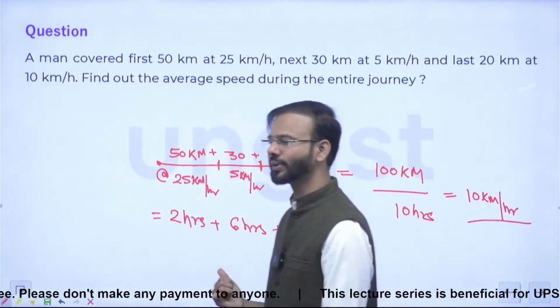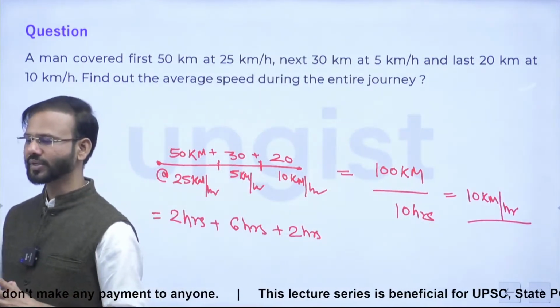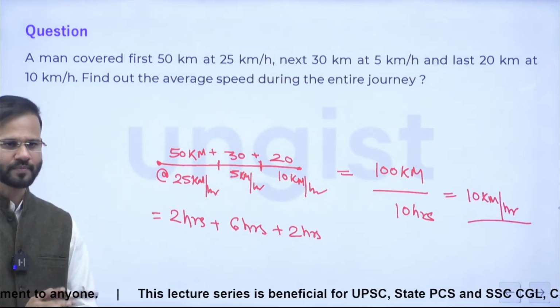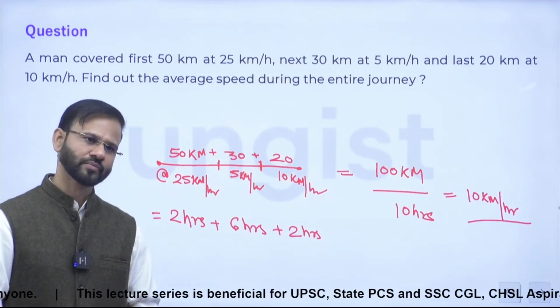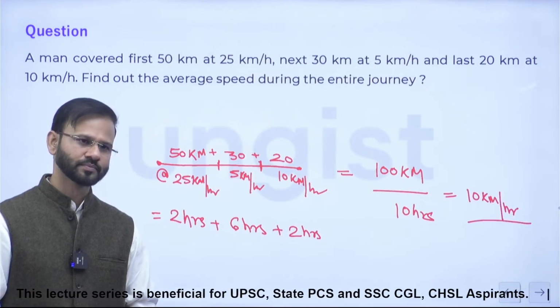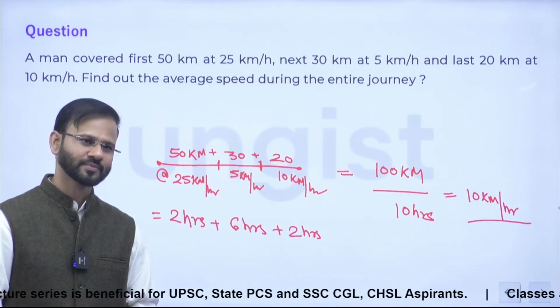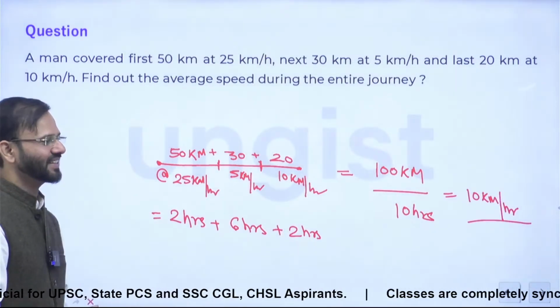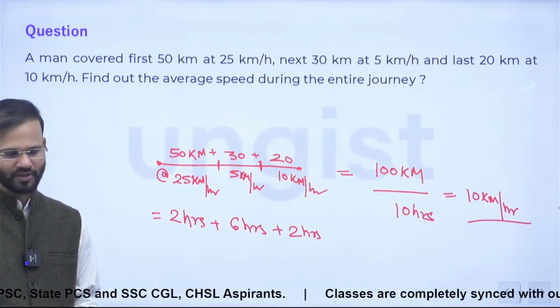So I'll give you one more question. And before solving that question, you just have to tell me what is to be done in this question. Yes. Sir, but the speed is already given, so why can't we count the speed and then divide by 3? Why then will the answer be wrong? See, let me tell you. For example,